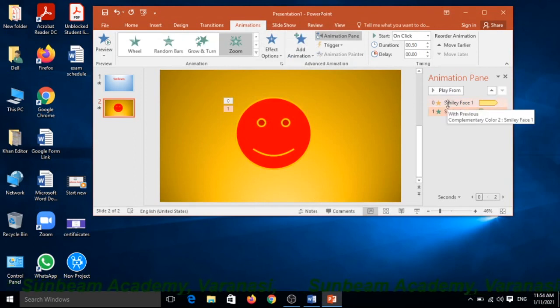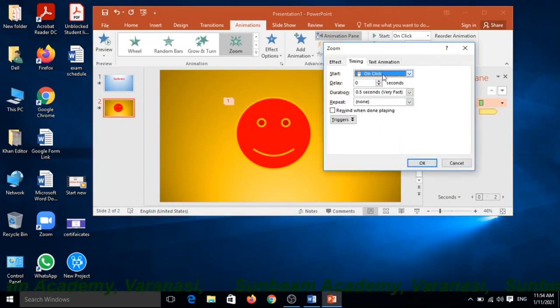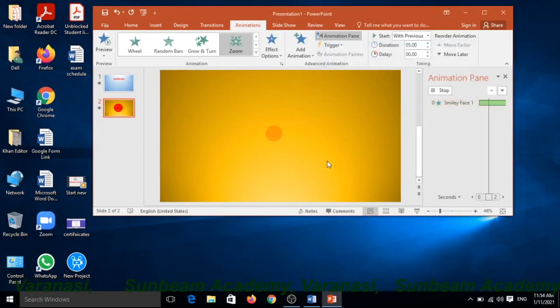After this, first select this and double click on it, timing with previous, and slow or very slow, and click on the OK button. It will become like this.